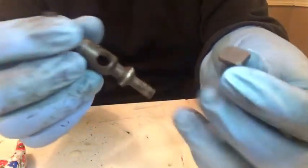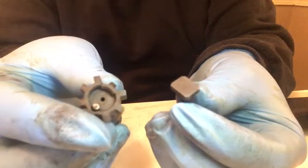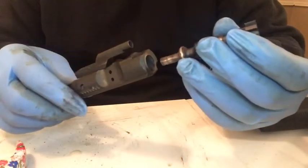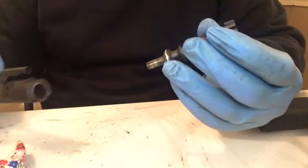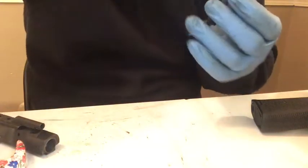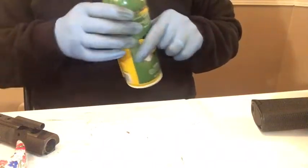These pieces here, these aren't so dirty. You can tell that they're not fouled up and things like that. So now let's assemble this. We're going to pretty much do it by reversing what we did earlier. But before we go ahead and insert these here, I'm going to add a little bit of rim oil and things like that. Now, I am not going to